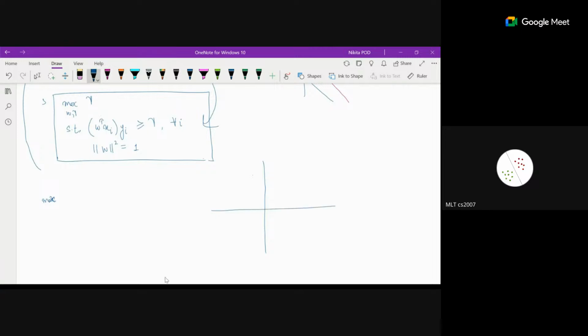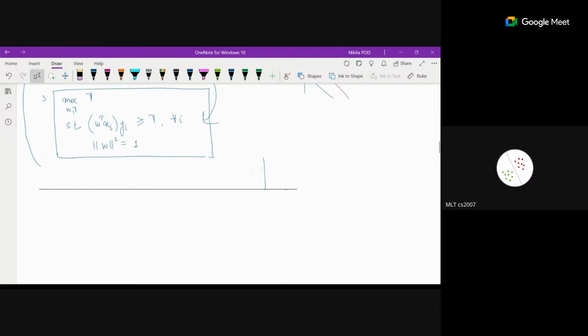So if this is my W, if this is any W that is separating my data set linearly,